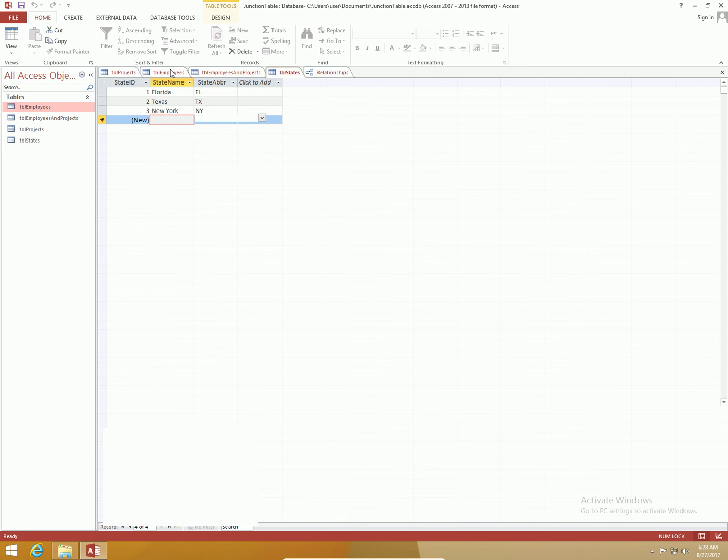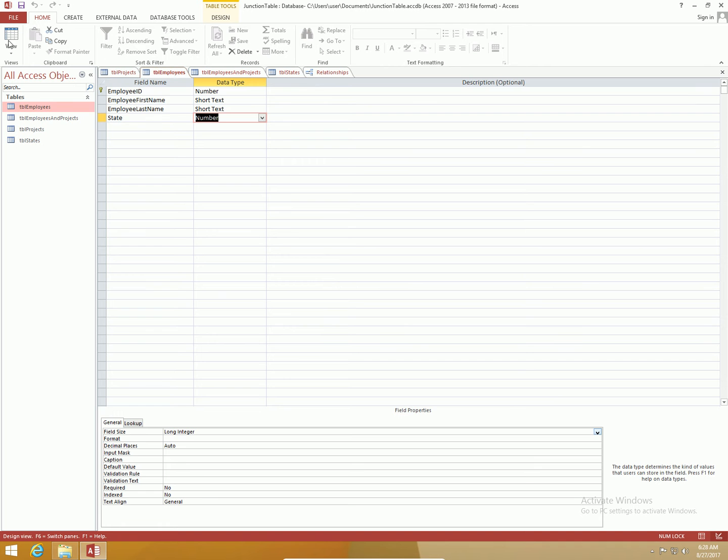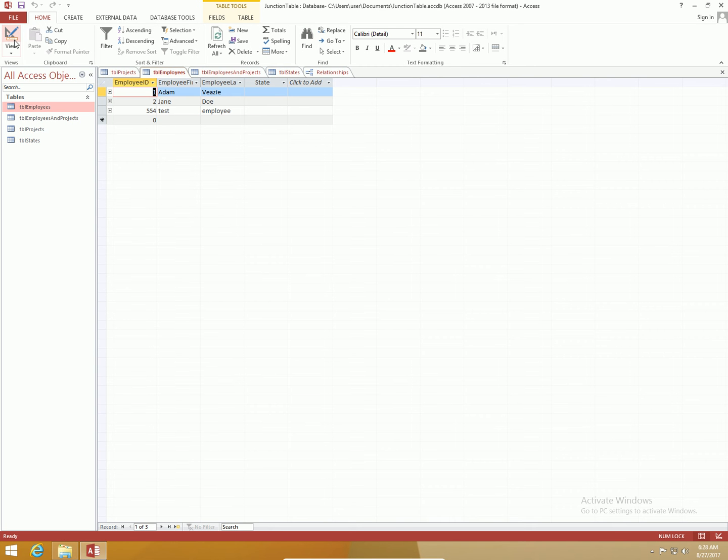But if I go back to my employees table and go back to datasheet view, so I can actually see the data here, when I click in the state table, I can see that I have all this information here. Florida, we'll make him live in Texas, and we'll put the test employee in Florida as well. So we have nobody living in New York, right? So if I refresh all of it,